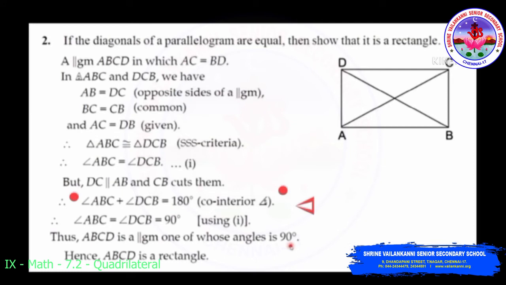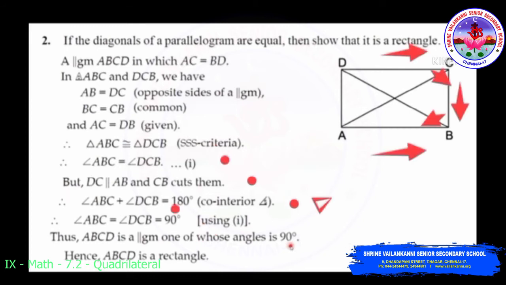But we know that angle ABC is equal to angle DCB. Instead of DCB, I am going to substitute ABC. So I will be getting 2 times angle ABC is equal to 180. So ABC is equal to 180 divided by 2. So I will be getting angle ABC is equal to 90 degrees, whereas my DCB will also be equal to ABC. So both my ABC angle and DCB angle are equal to 90 degrees. Thus I got that in the parallelogram the opposite sides are equal, and I proved that one angle is 90 degrees, hence ABCD forms a rectangle.